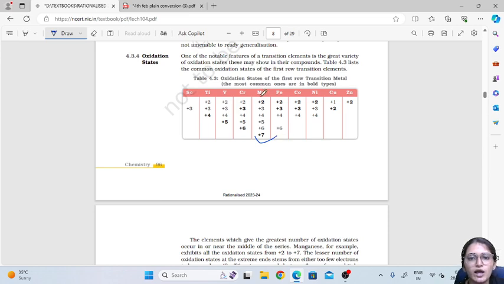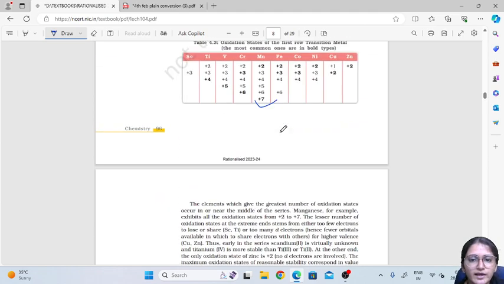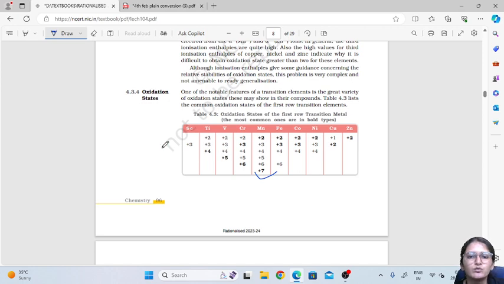Plus it also has many oxidation states, that is 1, 2, 3, 4, 5, 6. There are a total of 6 oxidation states exhibited by manganese. Okay, so this is about their oxidation state. And what is actually oxidation state? The tendency of them to lose electrons or form bonds with other electrons. So scandium can lose 3 electrons easily. Actually all elements have +3 oxidation state common here, most of the elements.